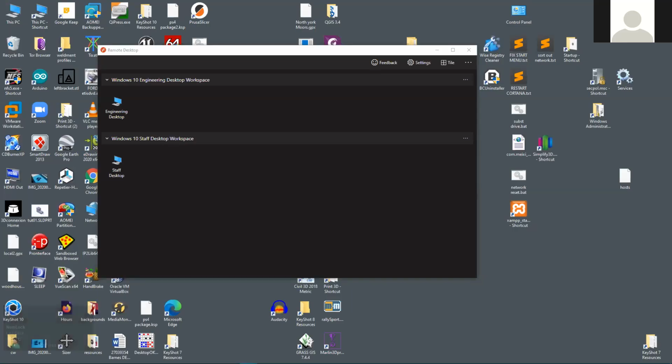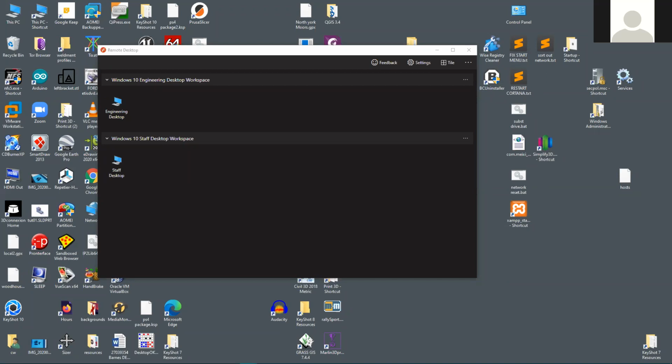So I can see some people there just sharing the PDF for the engineering desktop, which is a good thing. So I sent out an email, I think it was yesterday, just outlining that we're going to be using some of the analysis features and some of the simulation features that unfortunately you don't get as part of the student copy of Creo. So the workaround for that is for people to log in to the Hallam systems and use